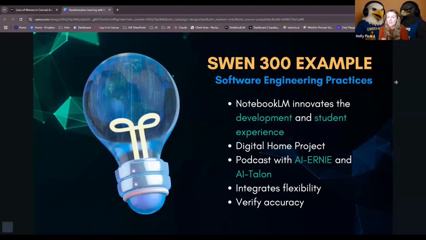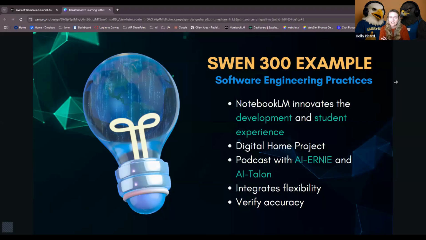I'm an instructional designer one with the College of Aviation, and I worked with Dr. Colin Doyle to develop SWIN 300, which is the Software Engineering Practices course. A little bit of background on this course: the goal was to equip students with the essential knowledge and skills for developing large software systems. The course focused on processes, methodologies, tools, and techniques that are crucial for project management, particularly in handling larger, more